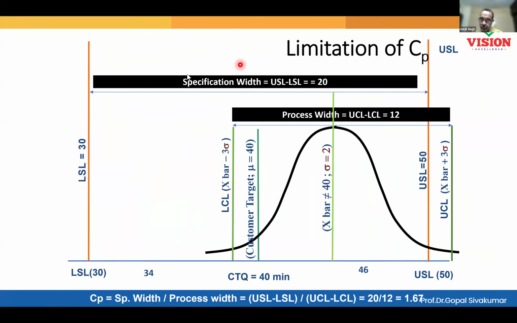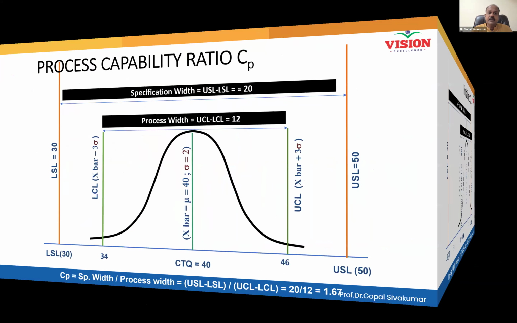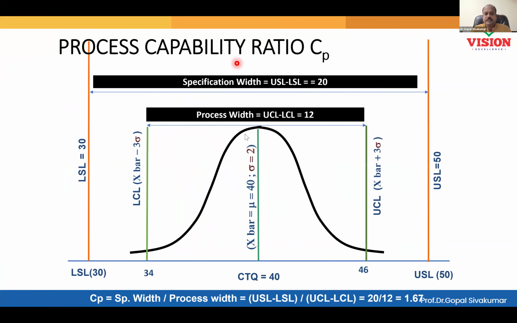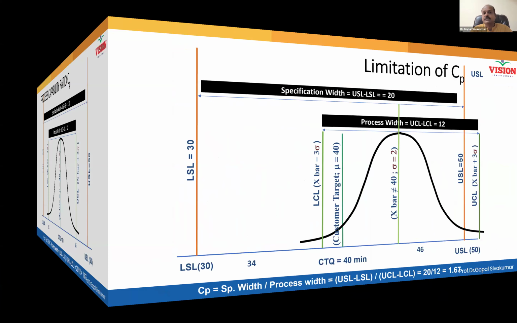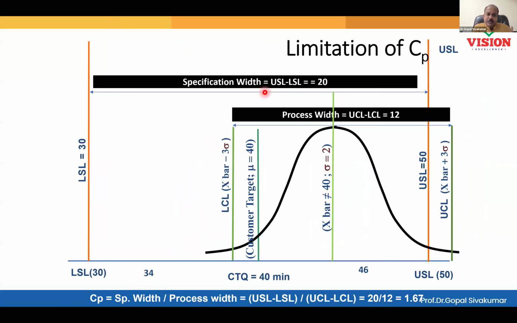Now in this scenario, what happened to your process? Shifted right side. The same process, just last week, was performing well. Same machine, same operator, everything is the same. But now this week, I see that every day in the week there is a rejection. This is because my process has shifted. Now, what could have been the reason? Somebody may have changed the setting, yes or no? Or the raw material quality suddenly changed. Last week everything was fine, but this week there is a problem. This is how process shifting can happen.